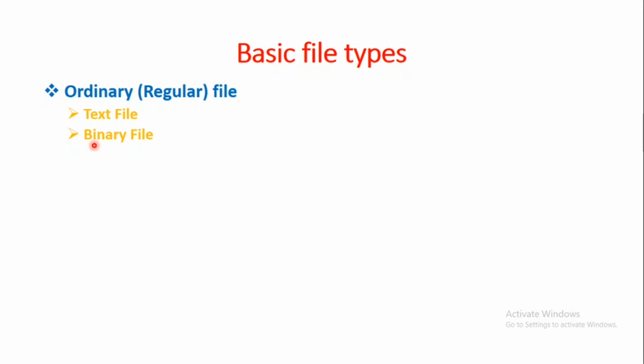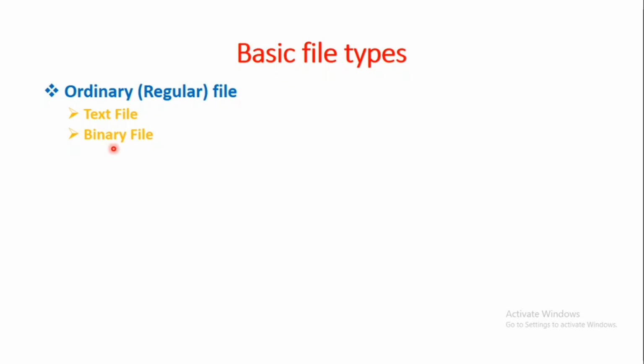So what would be a binary file? A binary file contains both the textual information, that is printable characters, as well as characters which are unprintable, ranging over the entire ASCII range 0 to 255.